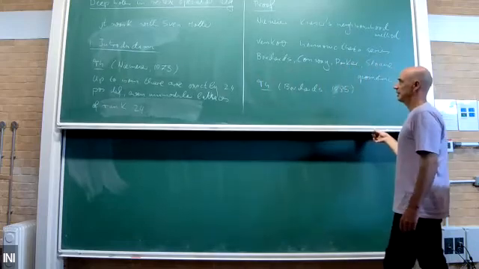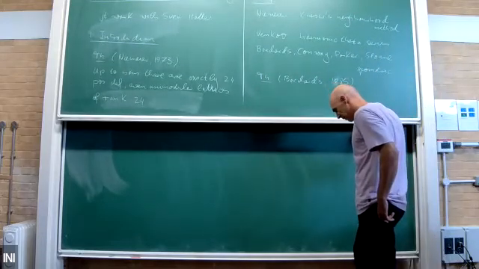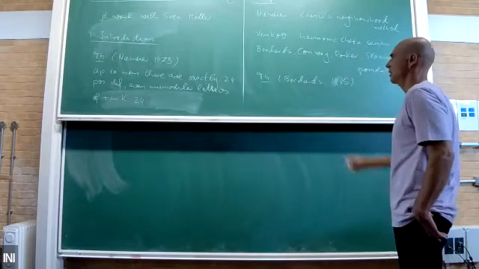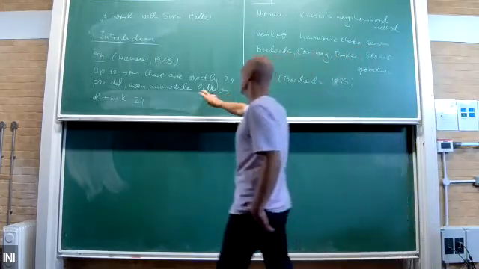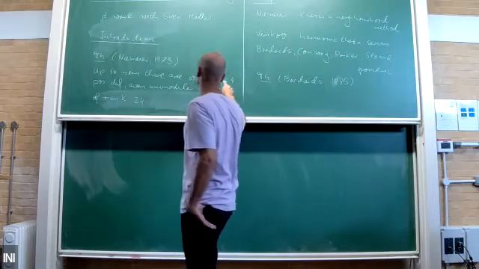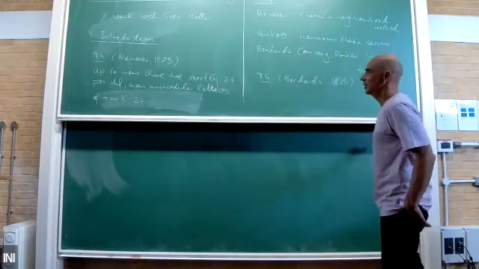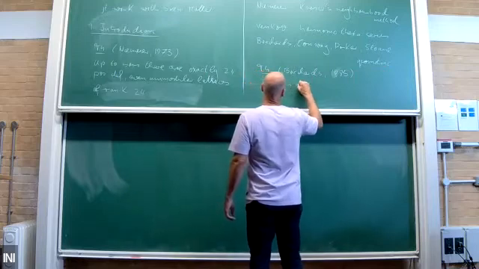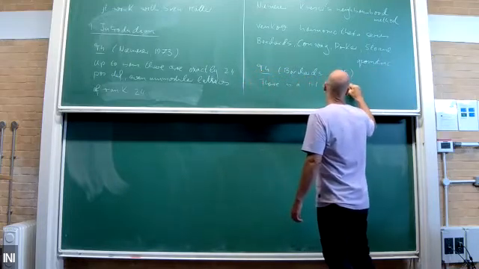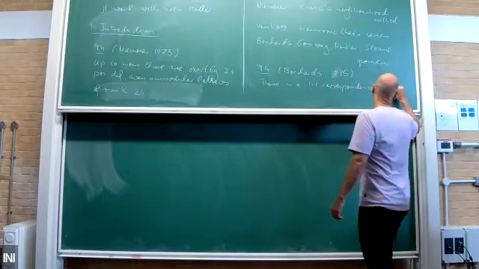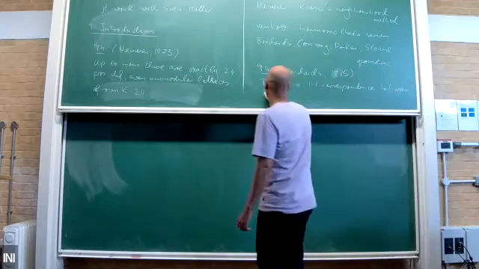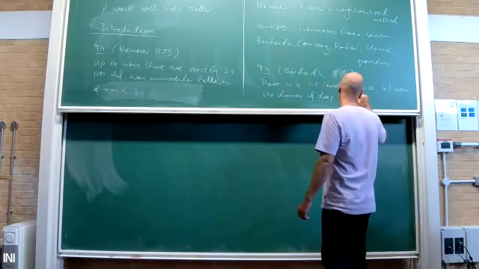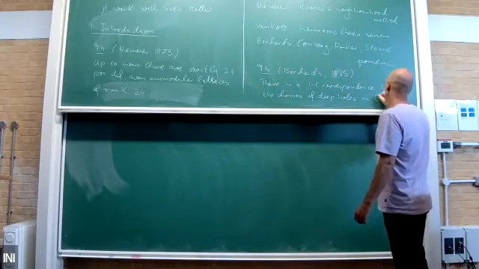So Borcherds showed that there's a bijection between the deep holes in the Leech lattice and the Niemeier lattices without roots. So the lattices with this property here, positive definite, even, unimodular, and rank 24, they are called Niemeier lattices. And Borcherds showed that there is a correspondence between the classes of deep holes, I will explain what it is in a minute, in the Leech lattice,